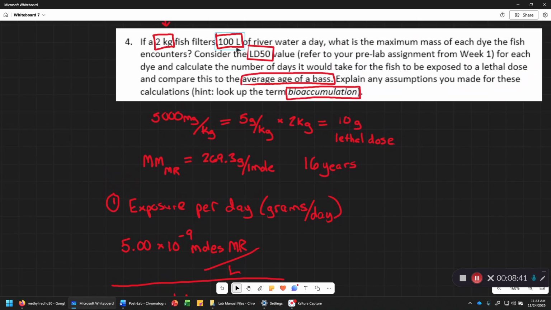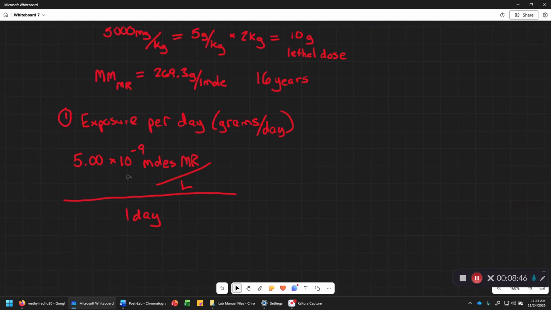Earlier we said that the fish takes in 100 liters of water. This number is for every 1 liter of water, so we have to multiply it by 100 liters. You can see that the liters are going to cancel. And so what we get is 5 times 10 to the minus 7 moles of methyl red